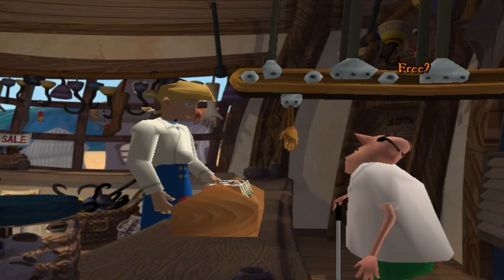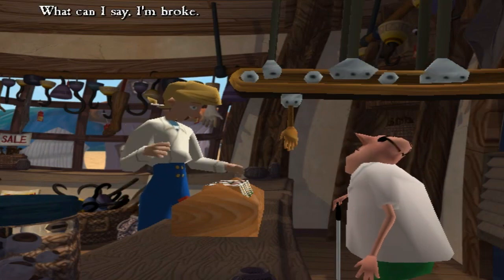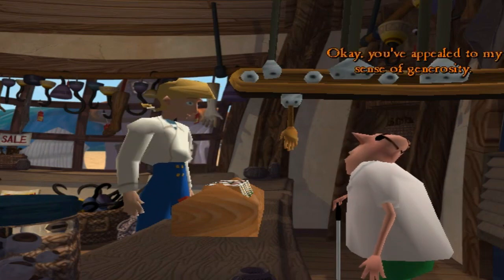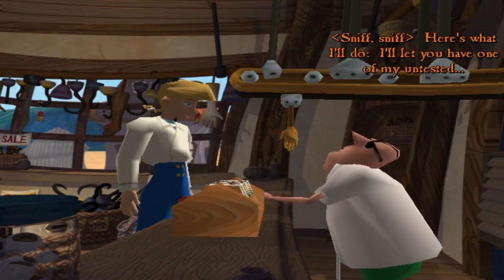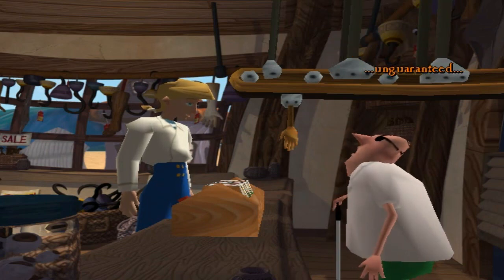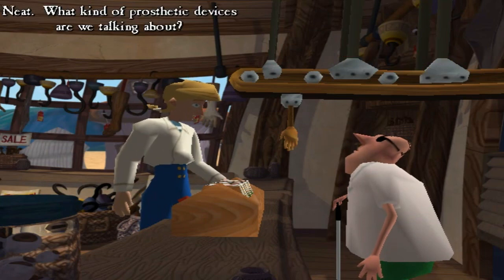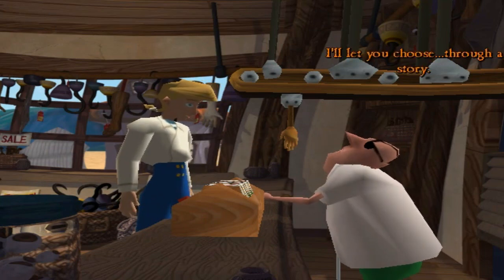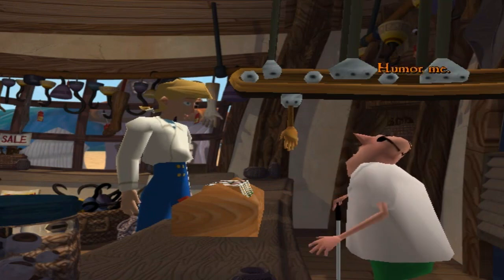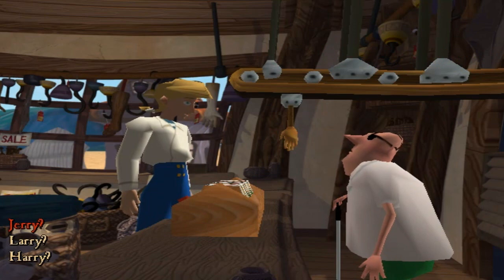What have you got that's free? Free? What do you think I'm running, a charity? What can I say? I'm broke. Okay, you've appealed to my sense of generosity. Here's what I'll do. I'll let you have one of my untested, unguaranteed, unapproved experimental prosthetic devices. Neat. What kind of prosthetic devices are we talking about? I'll let you choose through a story. Huh? Humor me. Once upon a time, there was a pirate named...